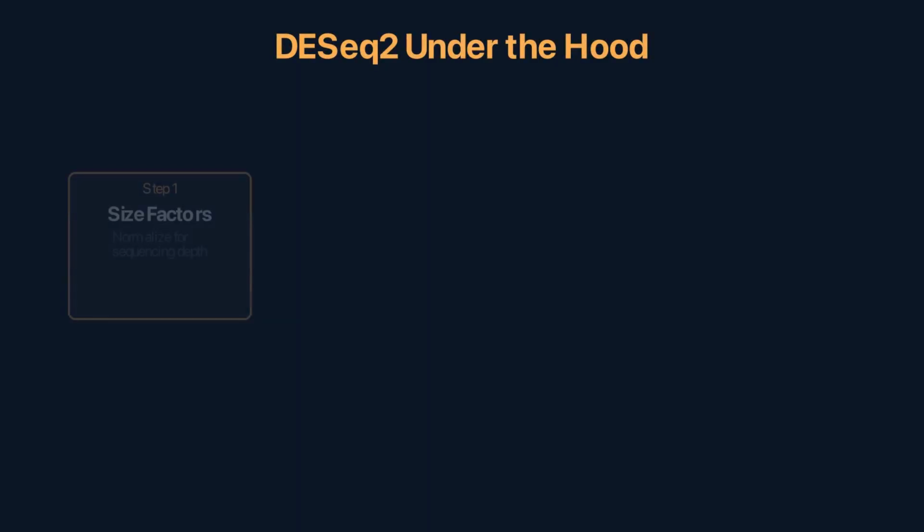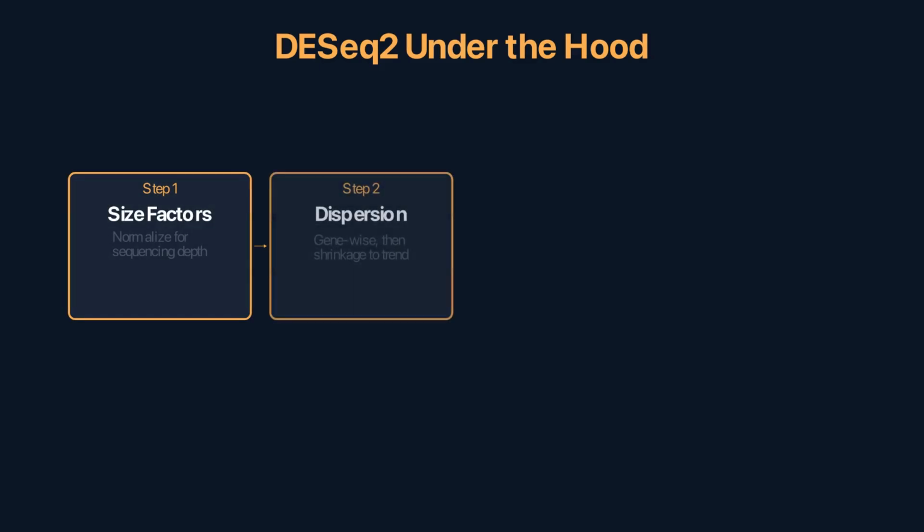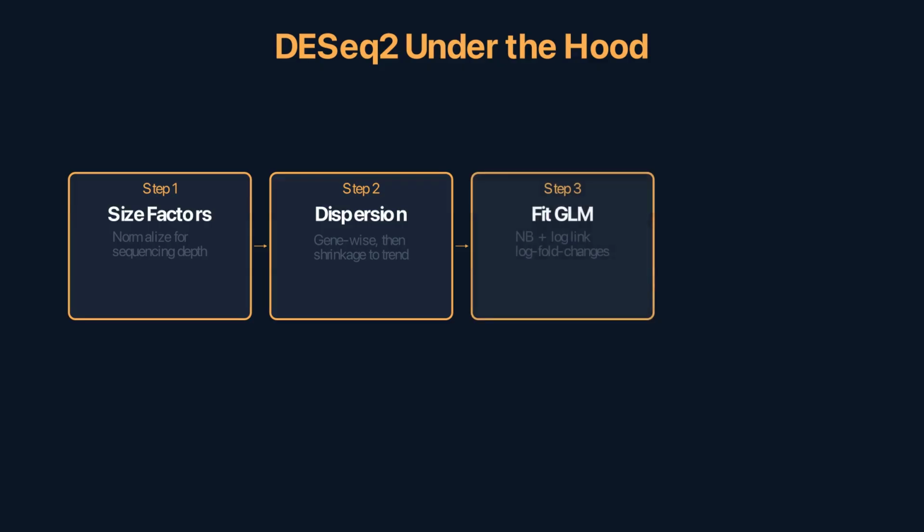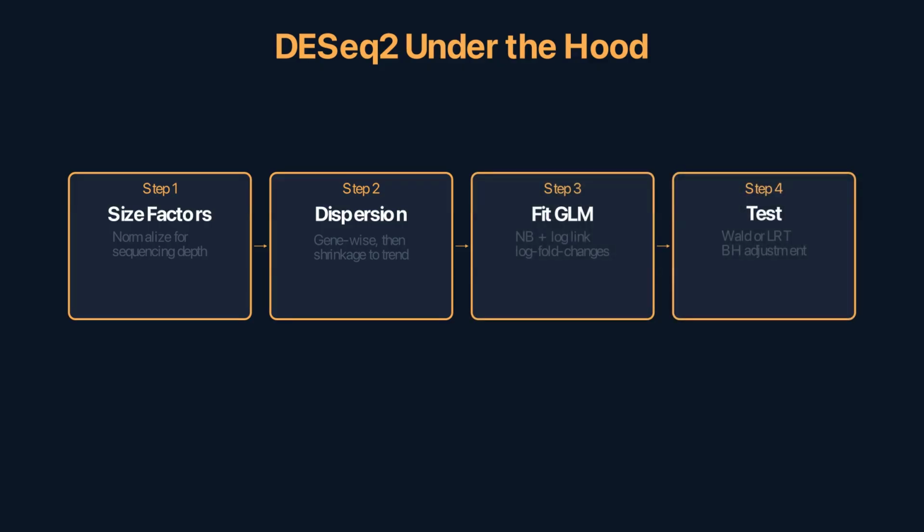DESeq step by step. Step 1. Estimate size factors. Normalize for sequencing depth. Each sample gets a scaling factor based on the median ratio method. Step 2. Estimate dispersions. First, gene-wise, fit a negative binomial to each gene independently. Then shrinkage, pull extreme dispersion estimates toward a smooth trend across genes, the empirical-based shrinkage that stabilizes estimates for low-count